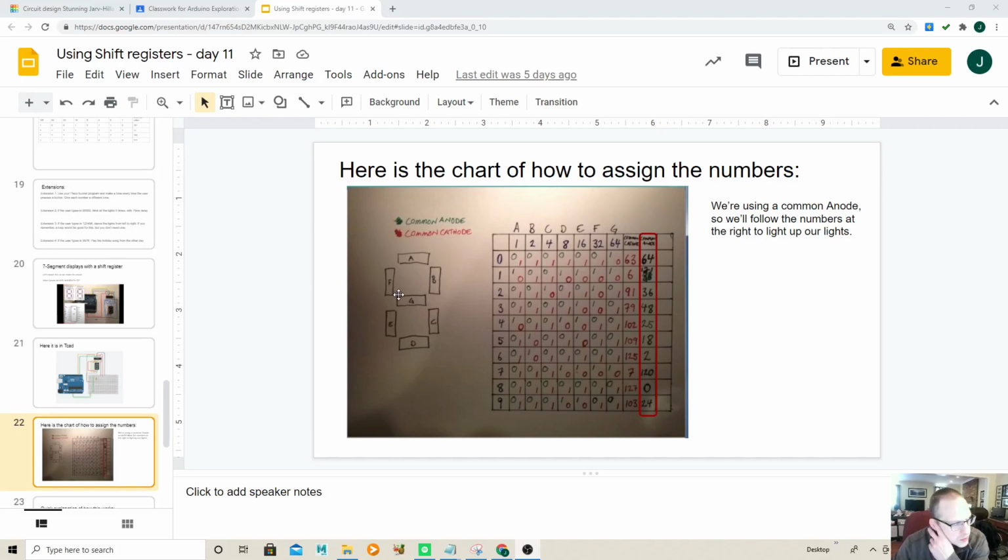All right, so what we're going to do is send in some bits over to our shift register. But first, let me just explain where these numbers are going to come from. You'll notice that normally we do the numbers as 1, 2, 4, 8, 16, this way, where 1 will be over here and 64 will be over here. Well, since we're sending in the numbers backward,